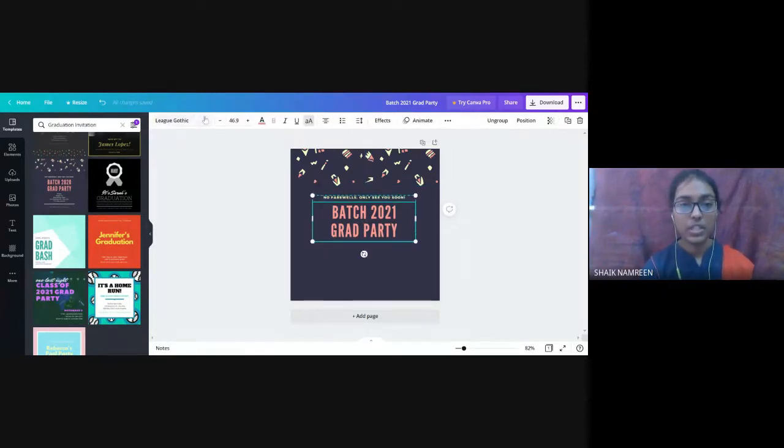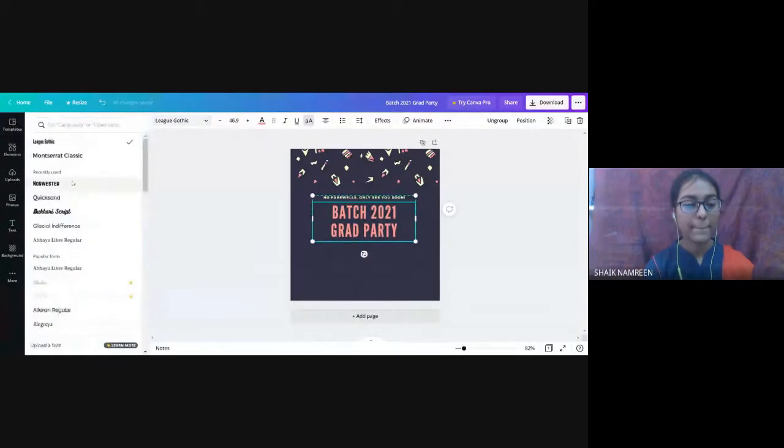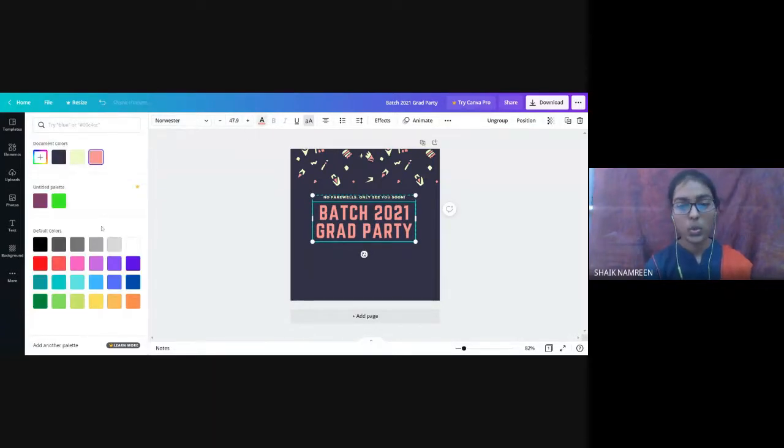We can change the font. We'll increase the font. We can go with another color too. Some light color because the background is very dark. So we can go with some light colors for it.